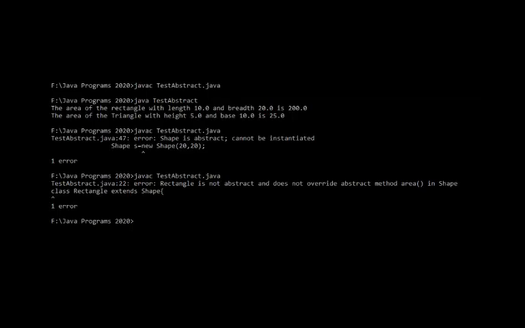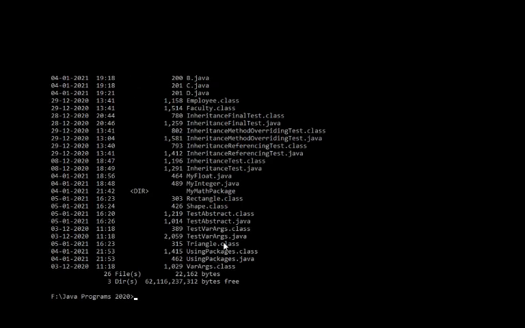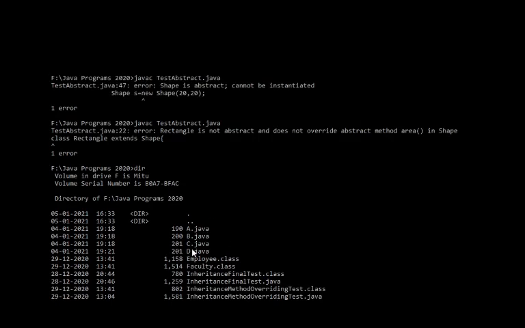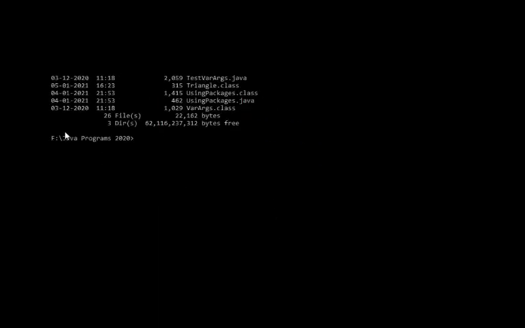So we come to the command prompt. Now, to compile the programs A, B, C, D, we have created the files, but we have not compiled them. So you can see that I have the classes A, B, C and D. There are 4 files for all 4 classes. But you don't see the .class files because we have not compiled them. So we are going to compile one by one.